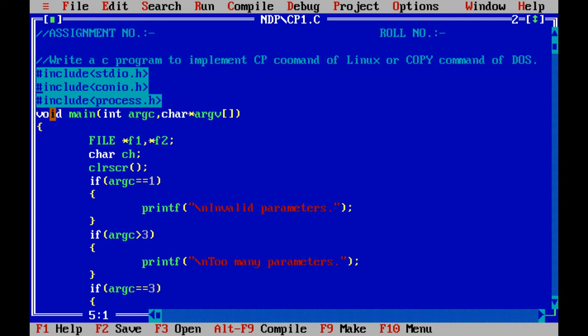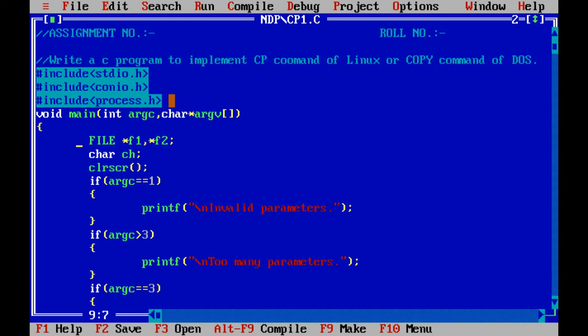So it is not something very complicated. Next, we will start writing our main function and pass the argument counter and argument vector. Here we are not making use of dir.h because we are not going to make use of the command itself, and we are not going to pass it. We are going to write code which will execute very similarly to the cp command, or which can replace the cp command. So we have written it.